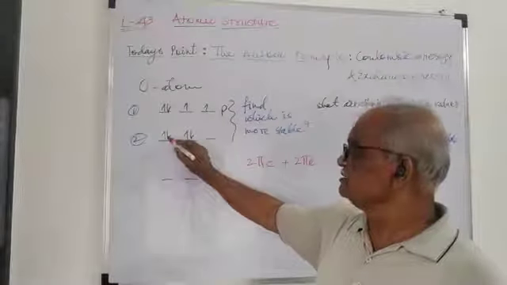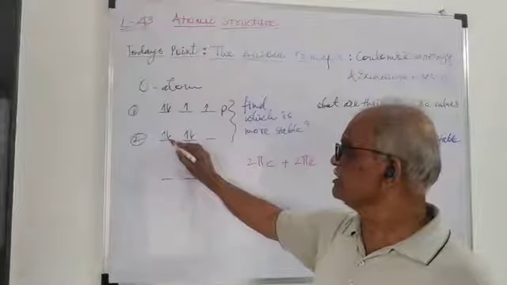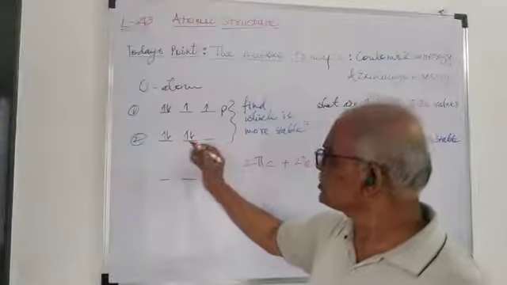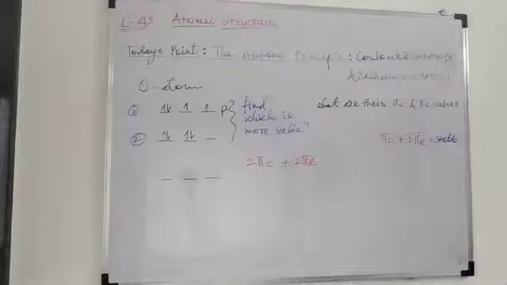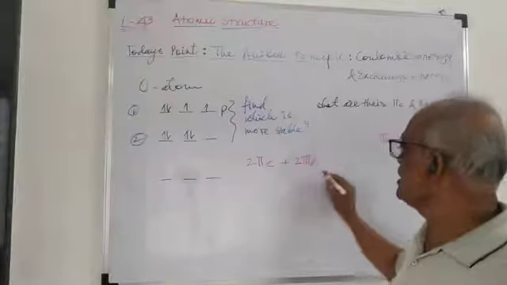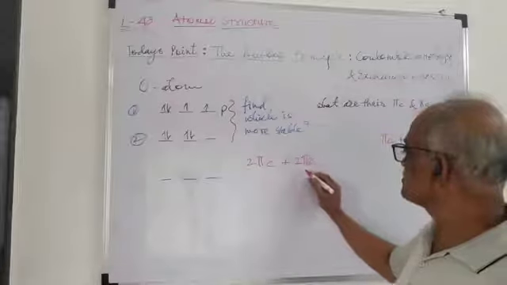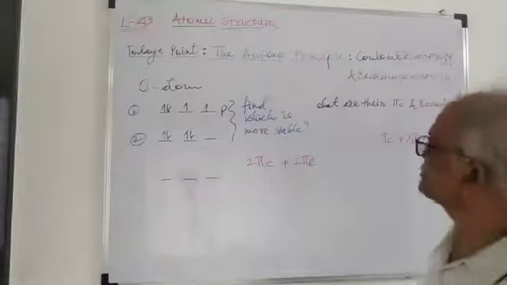This exchange means this electron can come here, this electron can come here, or this electron can come here, and this electron can come. Means in total we have 2 exchanges. So the overall energy of this arrangement is 2 pi c plus 2 pi e. Now if we compare these values